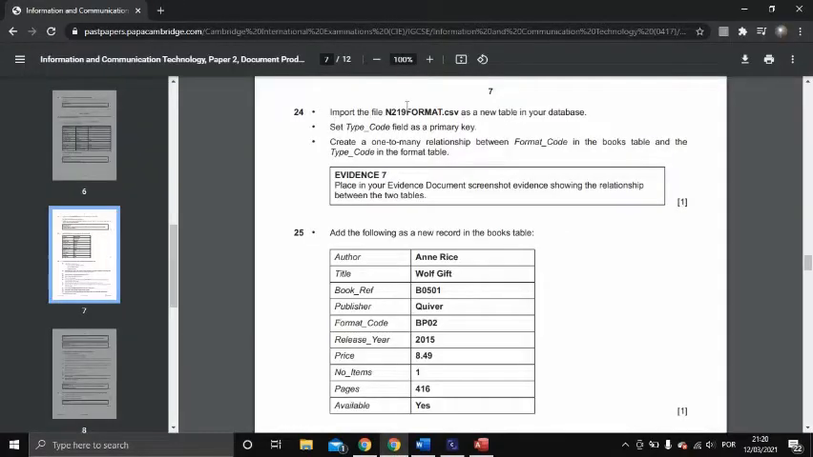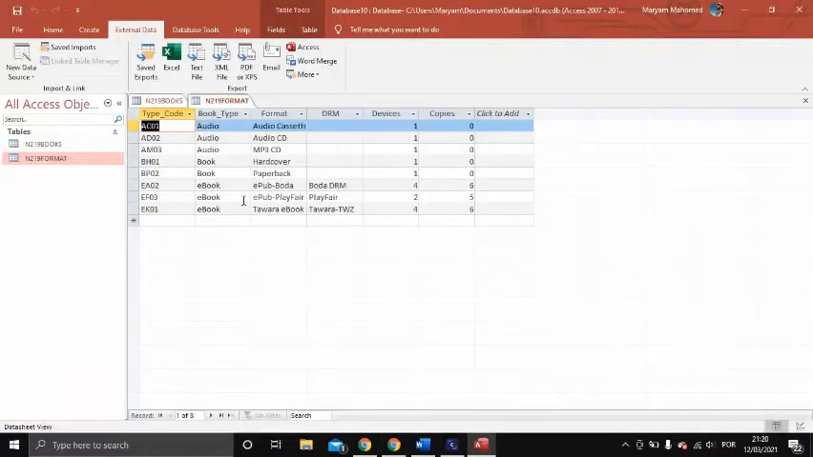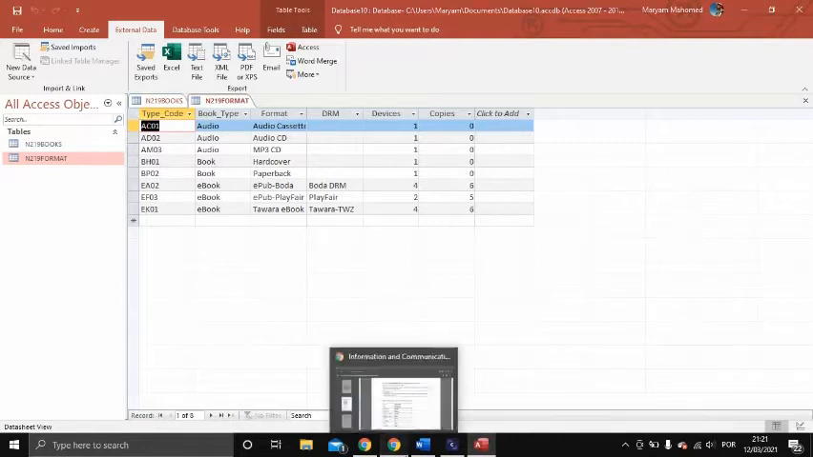Next question says, import the file format CSV as a new table in your database, set type code field as a primary key, and create a one-to-many relationship between format code from the books table and the type code from the format table. Then we have the evidence 7 where we have to take a screenshot showing the relationship between the two tables. So we go to our Access. I have already done that because it's the same steps that I did. Just a thing, don't forget to set